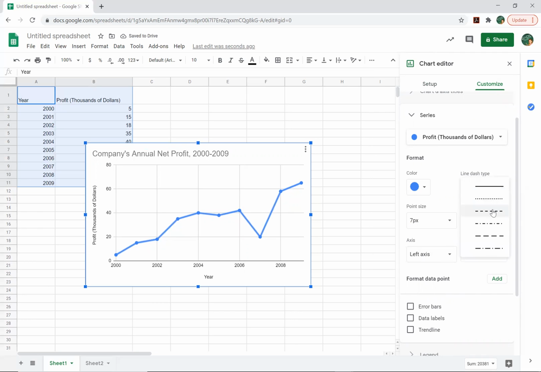Then I also like to change the line type. So I'm going to change it to a dashed line, but you can change it to a dotted line to see what it looks like. You can change it to a dash dot line, a long dash line, or a long dash dot line. Okay, for the sake of this graph though, we want the standard dashed line. And I'm just going to change it to black